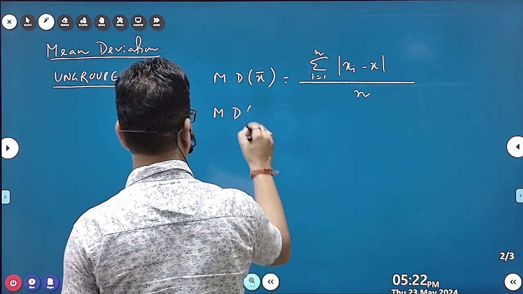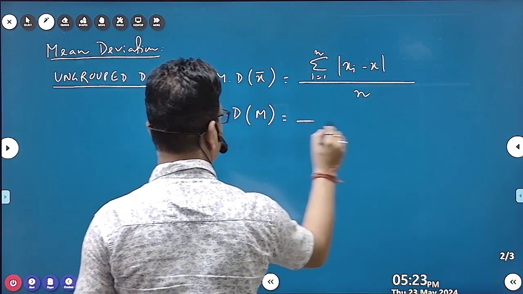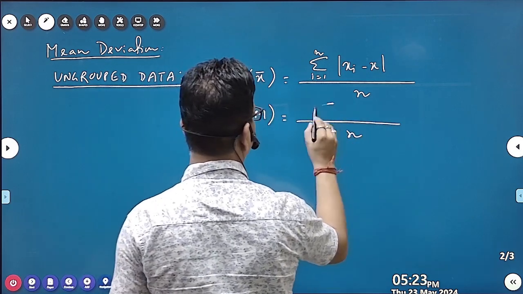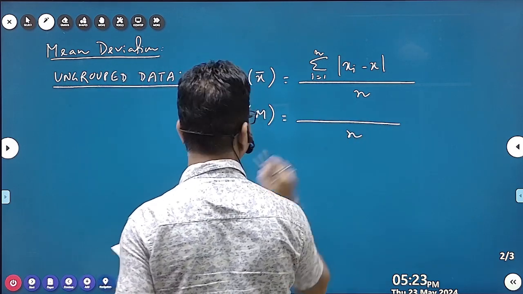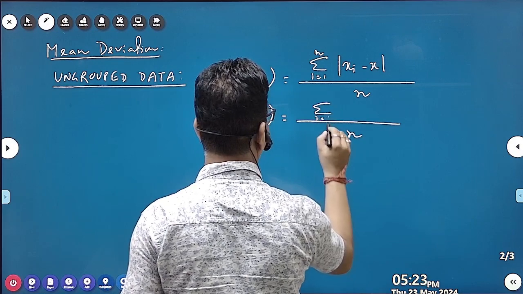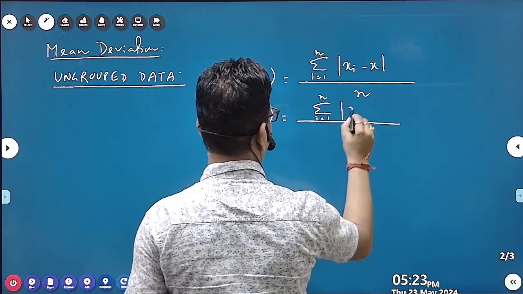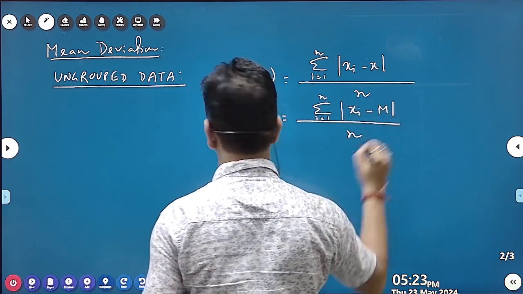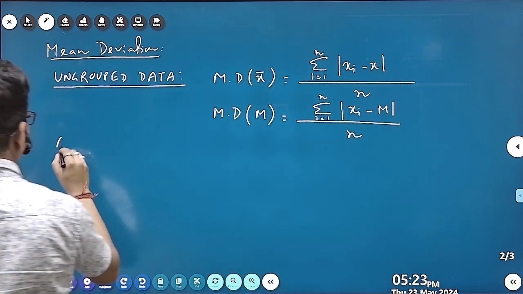Mean deviation about median: summation i equals 1 to n of |xi minus m|. So this is for ungrouped data. For grouped data,